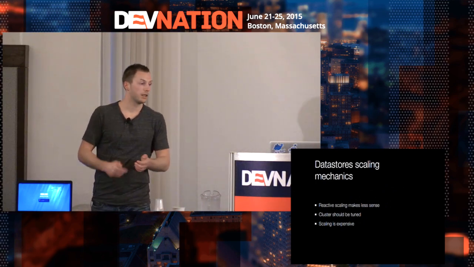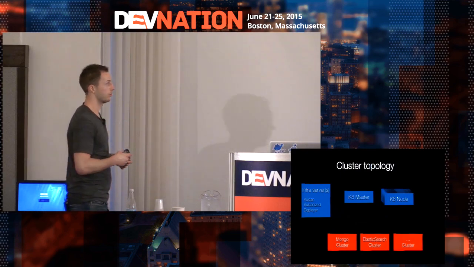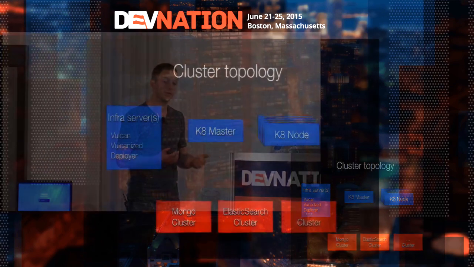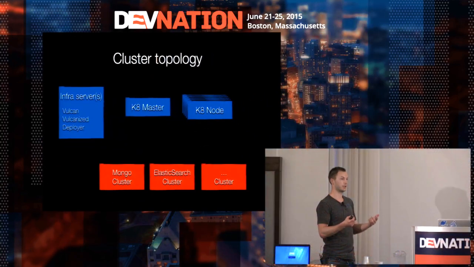That's a nice side effect because now, we just look at data stores as a different concept, which is also deployed in a different way. So we have our infrastructure servers that run our load balancer and the deployer tool, etc. We have the Kubernetes nodes that actually run our software, and then we just have a separate cluster or clusters running things like Mongo, Elasticsearch, etc. That also means that we don't have to ask ourselves anymore, how do you deploy something like Mongo in Kubernetes? Because it seems to be quite difficult to do that. Well, we just don't do that at all.